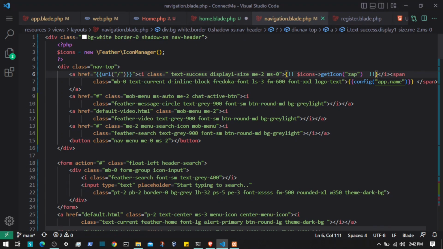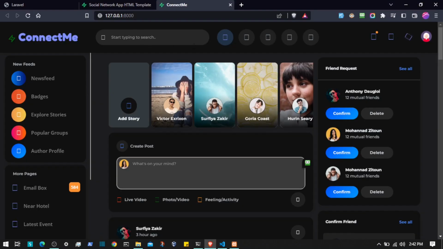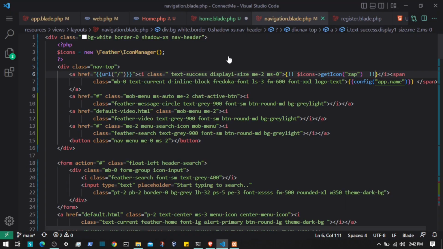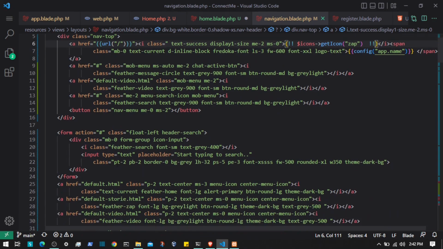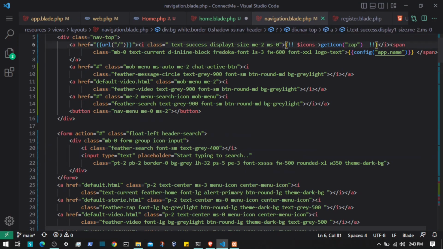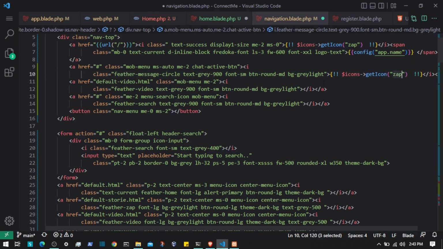Here we have video default-video.html. I'm going to guess this is somewhere around here. So what I'm going to do is here we have the form and start typing to search. So I'm going to use one icon right here. So I will copy everything from here, and everywhere I see icon, I'm going to replace that. So the first one we have here, I am going to paste it right here, and here we have the